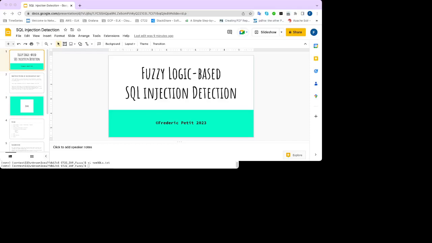Hi everyone, this is a short presentation of the new feature in the Context 22 open source project for the detection of SQL injection using fuzzy logic. In a previous article on LinkedIn, I explained why I thought fuzzy logic could be used for such a detection. It's based on the fact that a SQL injection is the alteration of an existing and valid SQL statement. If we can retrieve that statement, we should be able to infer that there is potentially a SQL injection